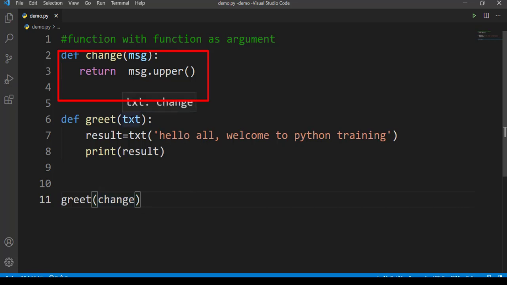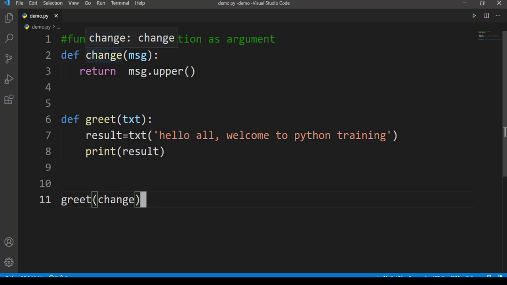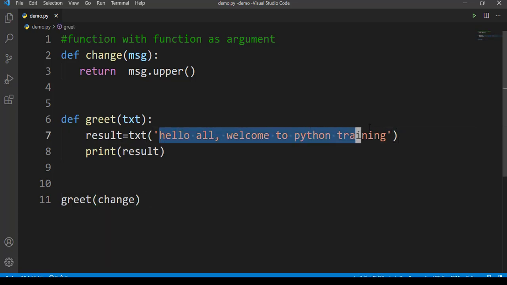So now here greet of change function comes. What is this change function doing? Change function is changing the string to uppercase. So here the change function has been called. This message now will get converted to uppercase. So our result, the string which we are seeing here, should be converted to uppercase.